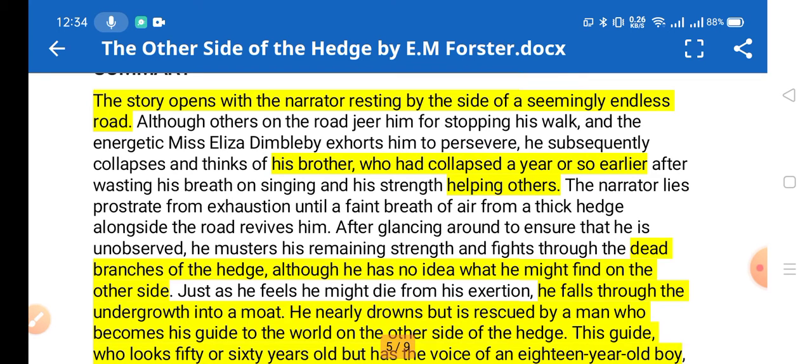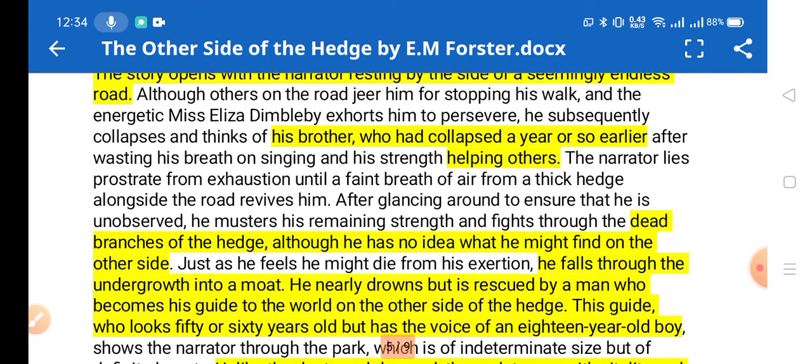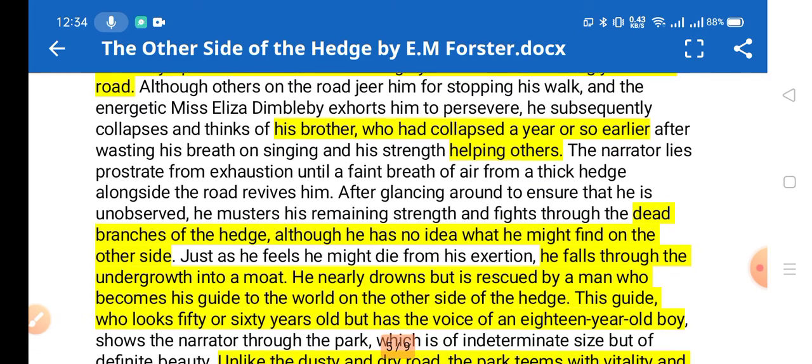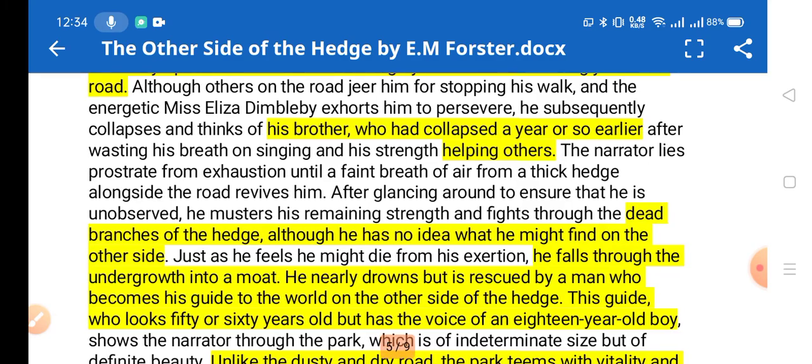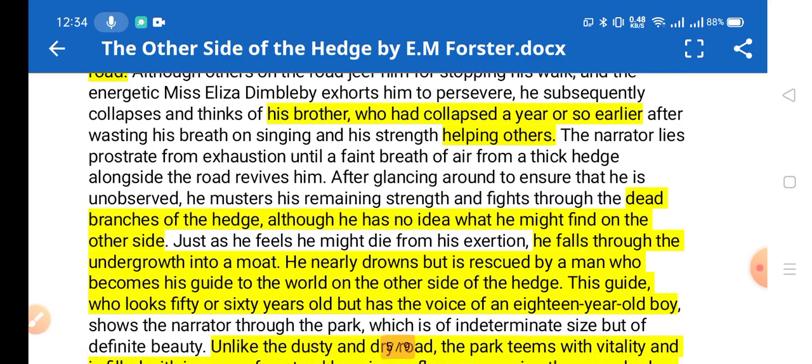And the narrator thinks of his brother, who had collapsed, meaning passed away, died a year earlier, and the narrator tells us that his brother wasted his breath, meaning his life, on singing and strengthening, helping